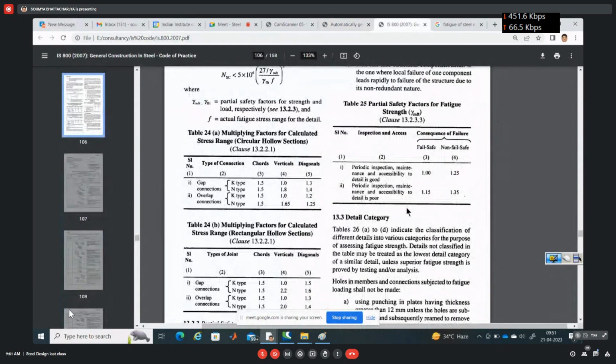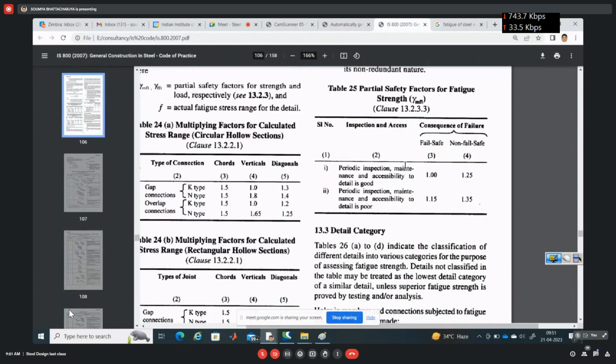Then we will be applying the partial safety factor. What are the partial safety factors? There are 4 cases. One is periodic inspection maintenance of the detail category or the connection is good, or our second case is it is inaccessible. In our gantry girder case, you see periodic inspection or maintenance accessibility to detail is quite poor,